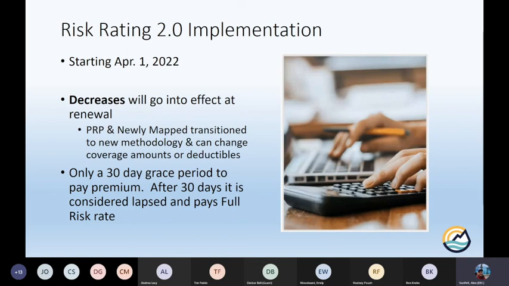With the implementation, FEMA is basically saying you have 30 days after your renewal to pay your premium. If you do not, we are going to consider that a lapsed policy, and when you come back, if you have mandatory purchase, and when you come back after that lapse, you go straight to full risk. There is no glide path. So definitely encourage folks when they're selling or their policies renewing, do not drop your flood insurance because, again, you're going to go straight to full risk if you come back and buy insurance later.